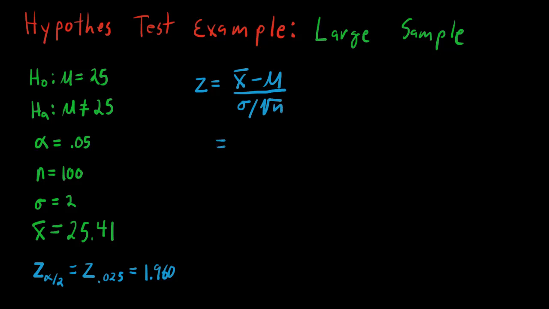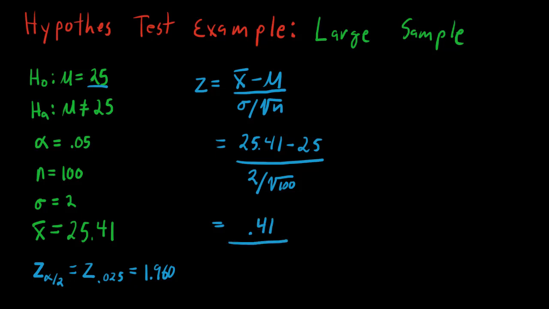And if we fill in all those values, we have x bar is 25.41, so we have 25.41 minus mu, which was 25 for our hypothesis test, so we can put in 25. Divide that by our sigma value, so 2, divided by the square root of n, so square root of 100. And we get that 25.41 minus 25, so we get 0.41